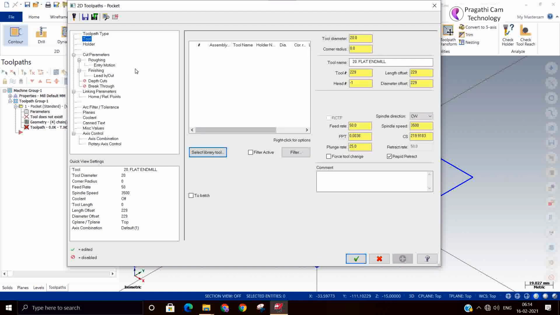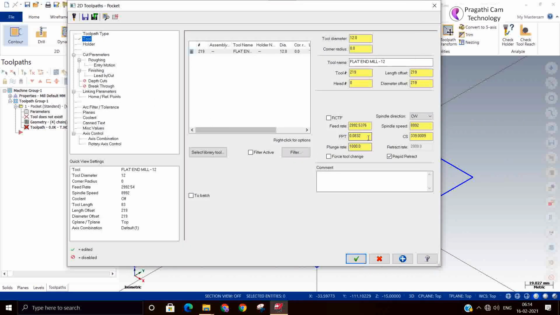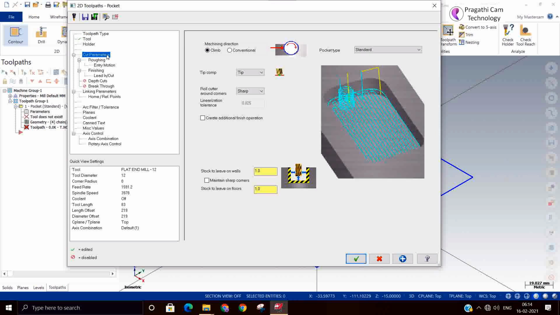Now select the tool. OK. I took the tool diameter tool. Give the parameters. Now here you change it to island facing.